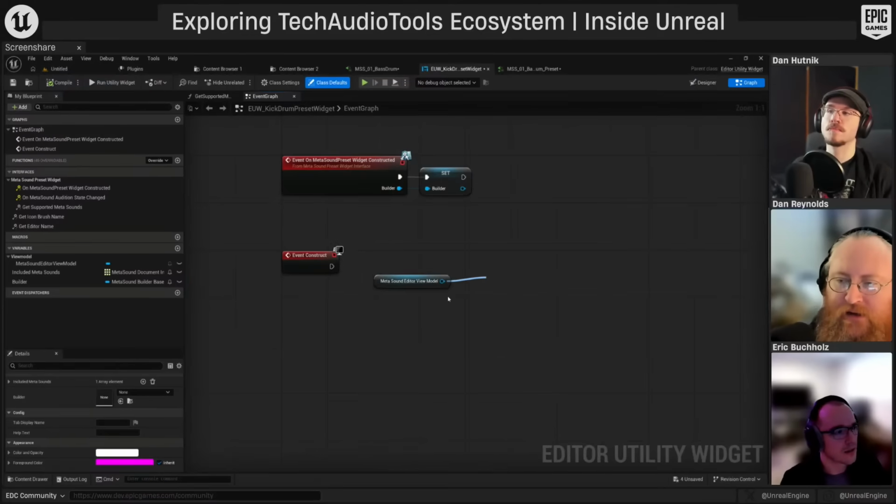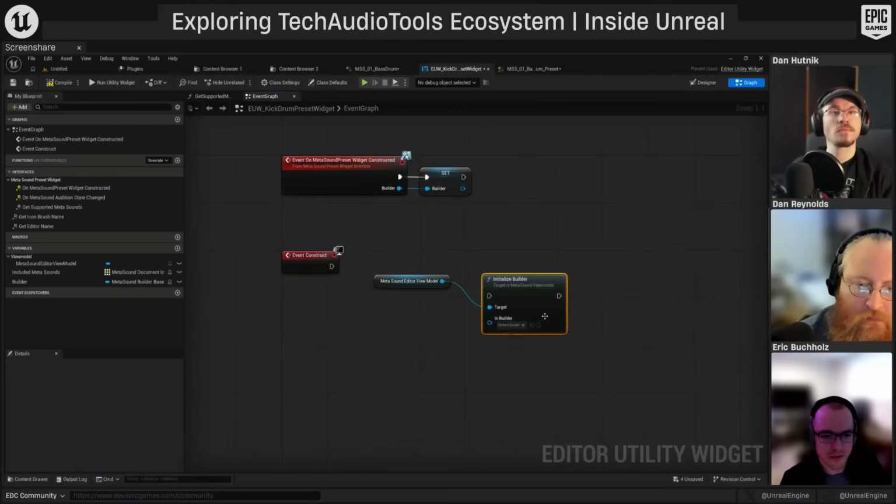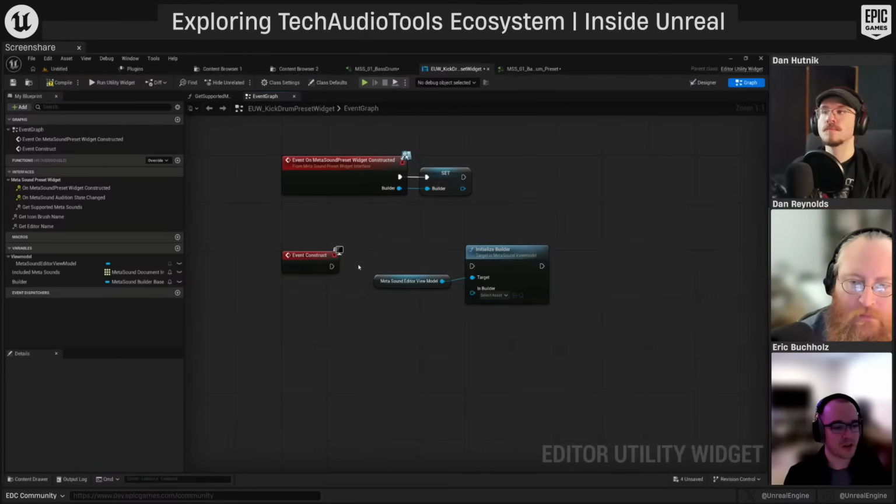I think it's not as context. Maybe it's not showing up in the context menu. Interesting. Oh, well, it might be a namespace thing actually. Because if I plug it in,